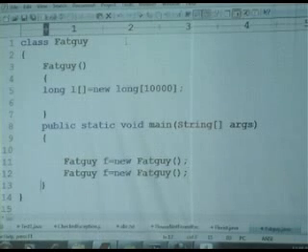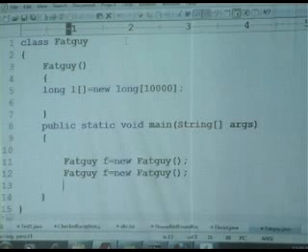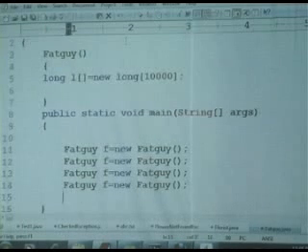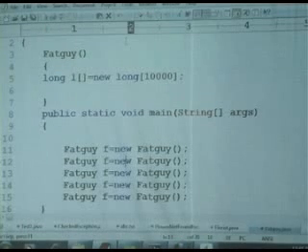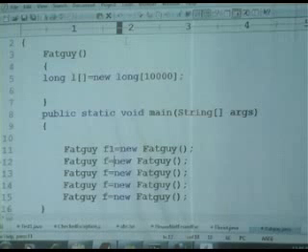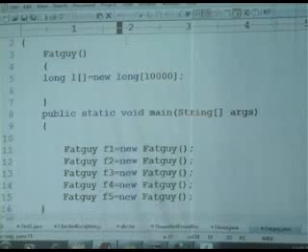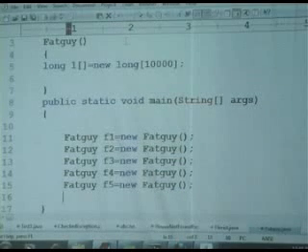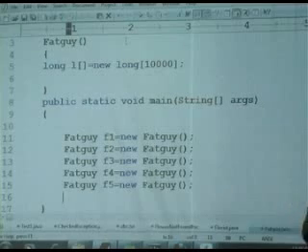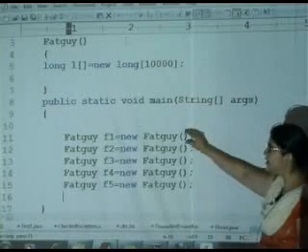Fat guy f1, f2, f3, f4, f5. So these many bytes I am going to occupy if the objects are created. Now tell me, when I run this particular program, what is going to happen?